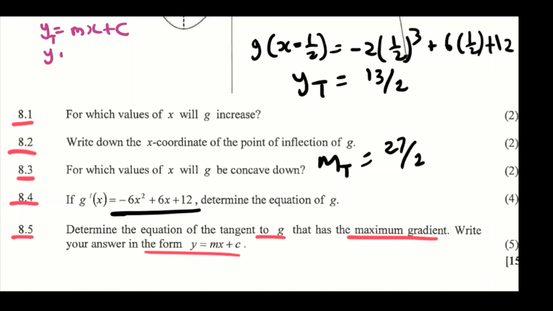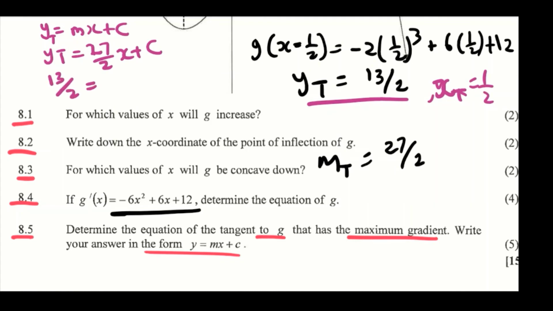Y of t is equal to the gradient, which is 27 over 2 x plus c, of which the point that we're substituting is this one, x of t equals 1 over 2. So where there's y, you're going to put 13 over 2 equals 27 over 2 into 1 over 2 plus c. So you're just going to transpose this product here to the other side, and we should get,